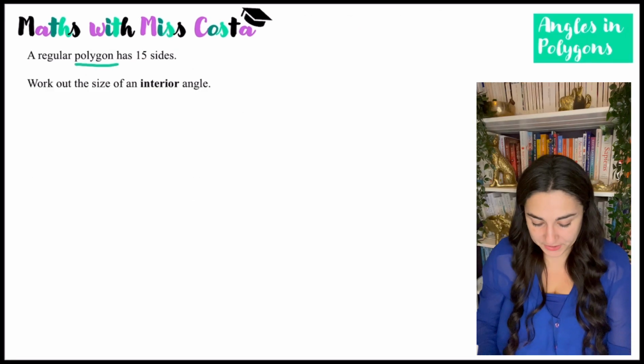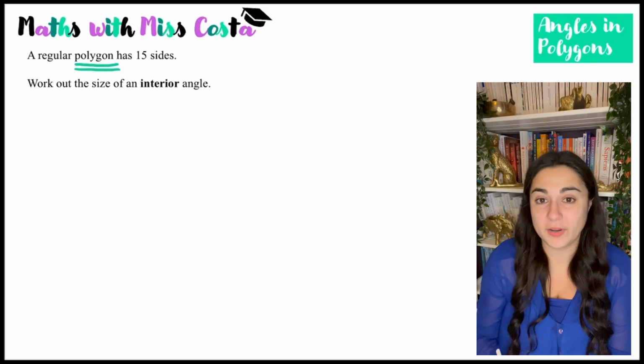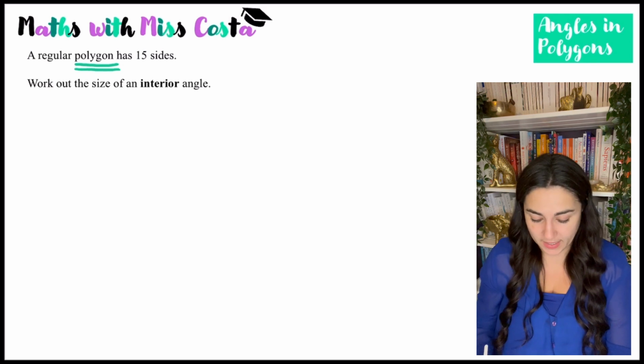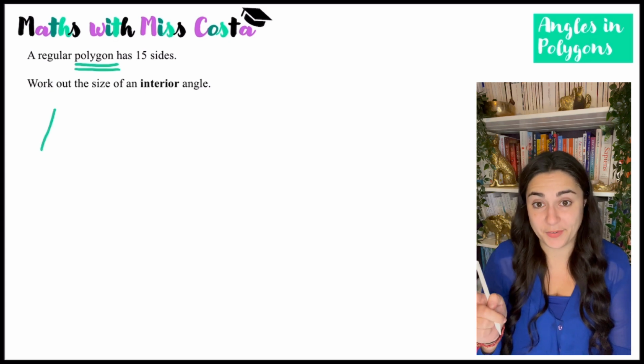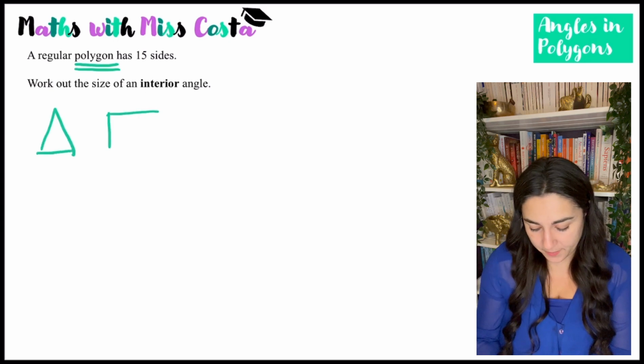Okay, so in this question I am dealing with polygons. A polygon is just a many-sided shape, and I'm told that the polygon has 15 sides and I need to work out the size of an interior angle. So just a quick recap, let's see what the